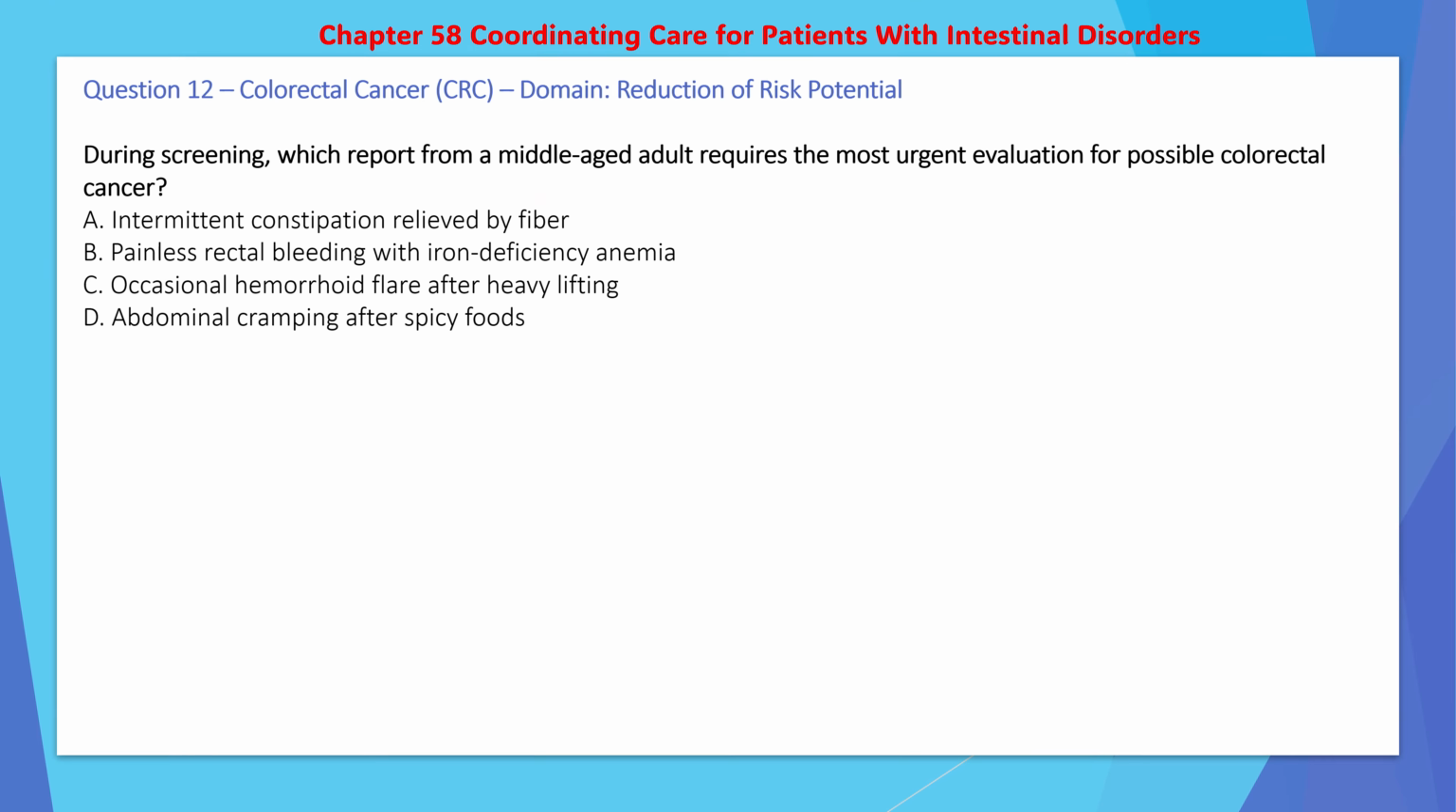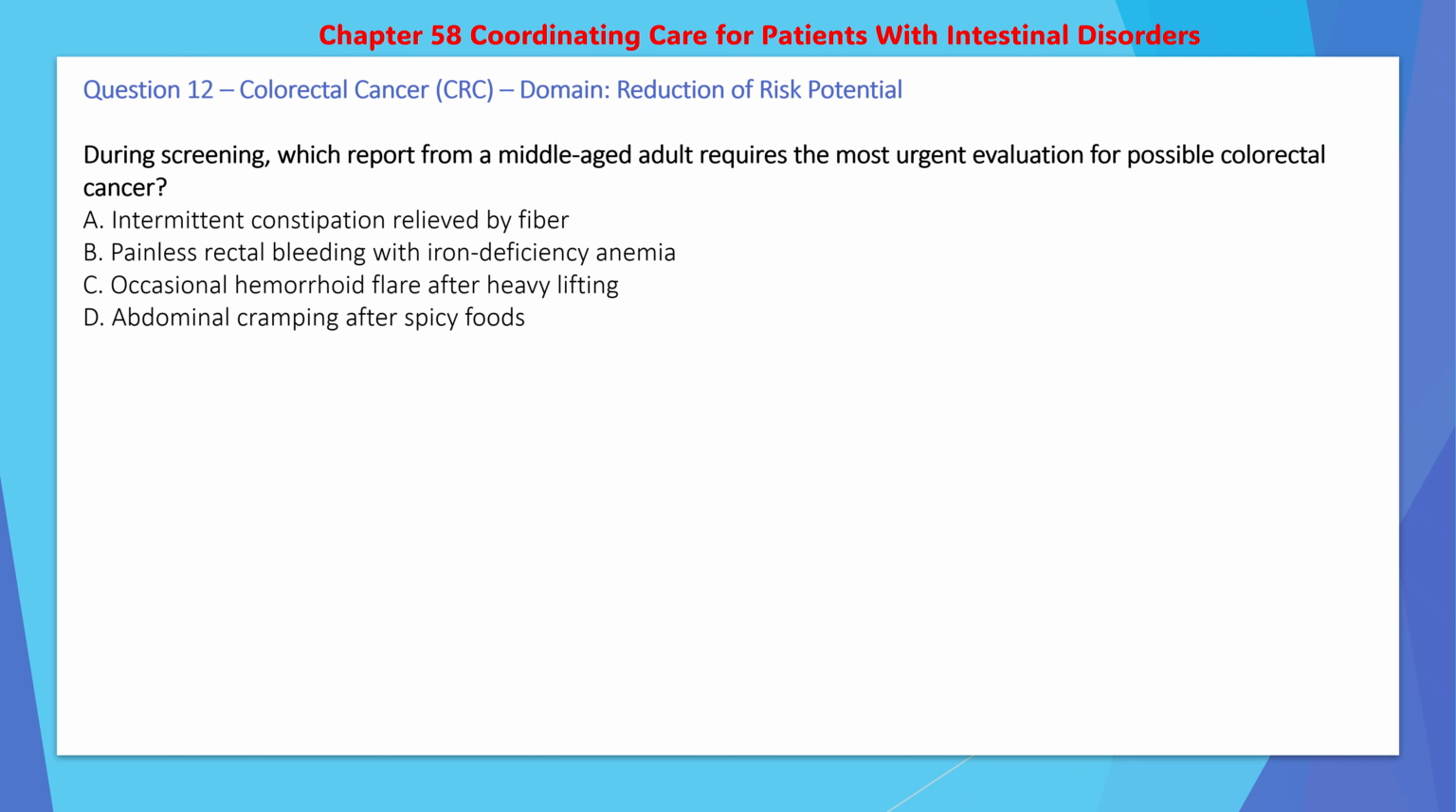Question 12. Colorectal cancer, domain reduction of risk potential. So here, during screening, which report from a middle-aged adult requires the most urgent evaluation for possible colorectal cancer? A. Intermittent constipation relieved by fiber, painless rectal bleeding with iron deficiency anemia, occasional hemorrhoid flare after heavy lifting, abdominal